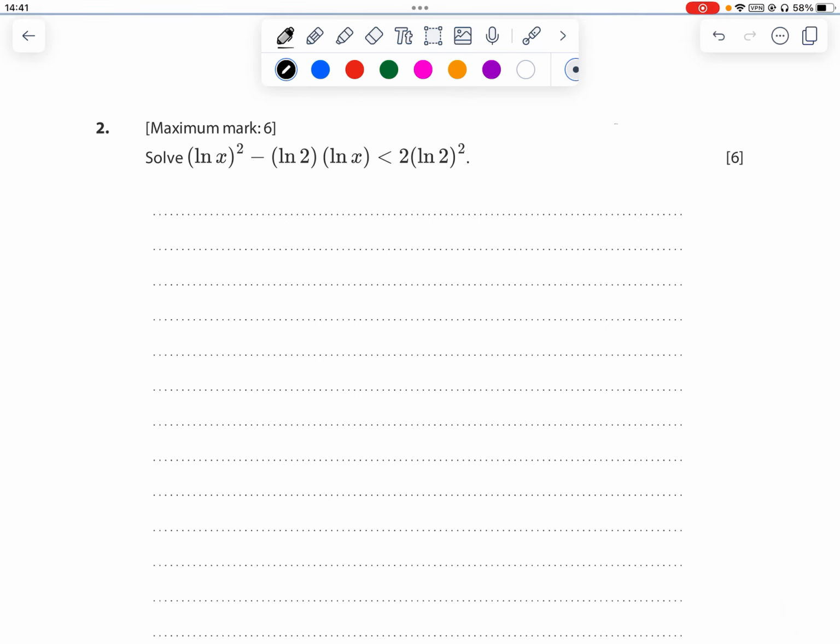Coming to the second question. (ln x) squared minus ln 2 times ln x is less than 2 (ln 2) squared. So let ln x equal y. So it becomes a quadratic: y squared minus ln 2 times y minus 2 (ln 2) squared is less than 0. If it is a quadratic, you can factorize the quadratic, or you can use the formula